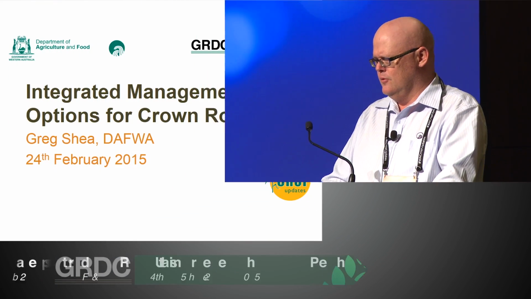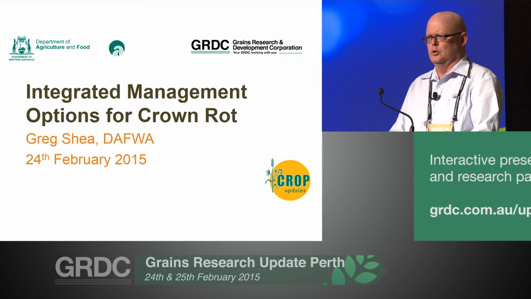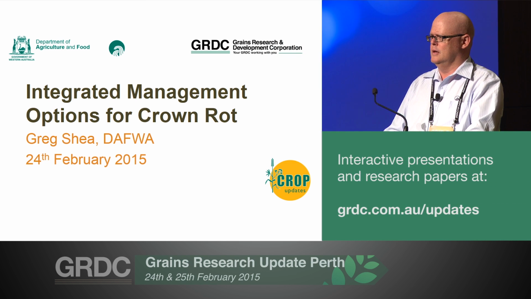2014 has been a big year for crown rot. The eastern wheat belt has had a lot of disease. Farmers are reporting between 200 kilos and half a tonne yield losses. That's the sort of range that we hear. And everyone asks, well, this has come out of the blue, and you'll see in my talk what the mechanisms